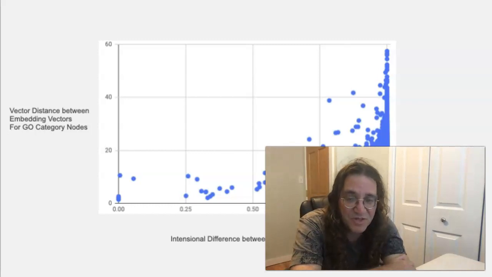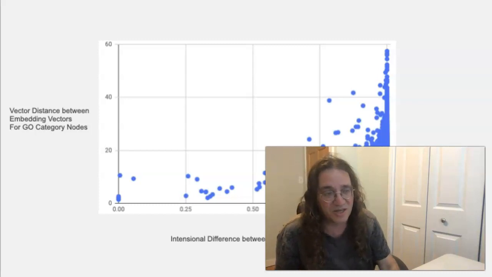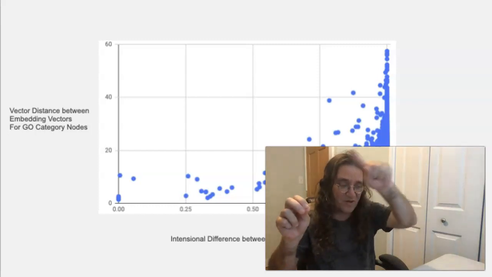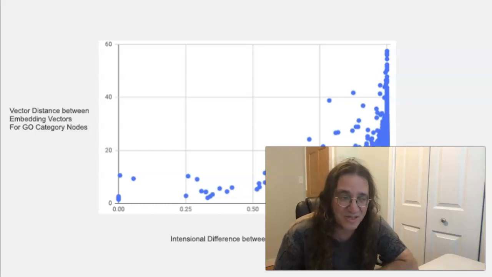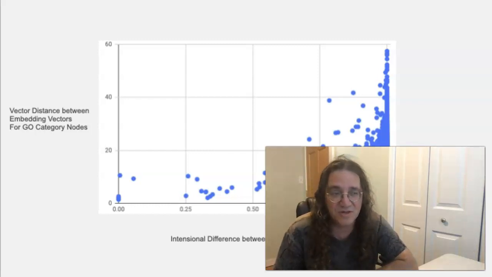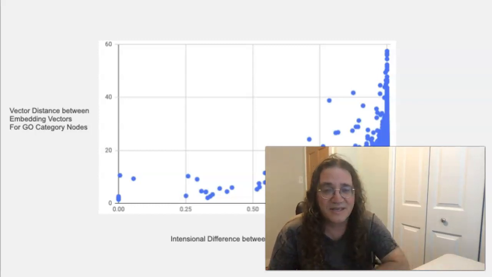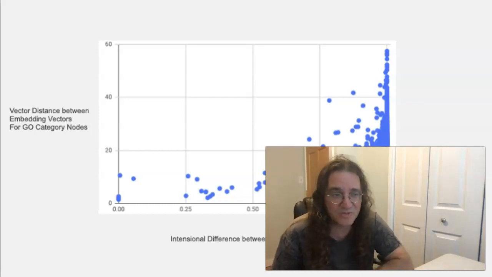What you have on the x-axis is a little subtler. You have a measure of the difference between those nodes in the atom space, and there would be a lot of ways to do that. I mean, you could just look at how far apart are the two nodes in the atom space, like are they right next to each other, or are they 5 nodes away from each other? But that would be very crude, because the nodes and links in the atom space have particular meanings, and they have weights on them, like probabilistic truth values, strength and confidence values. So we wanted a measure of the difference in the atom space that actually took into account the semantics of the nodes and links in the atom space.